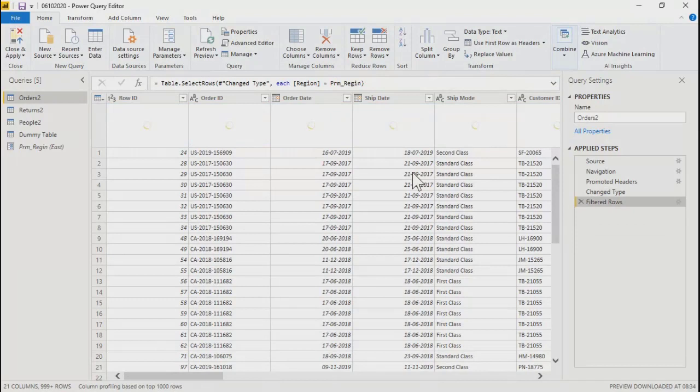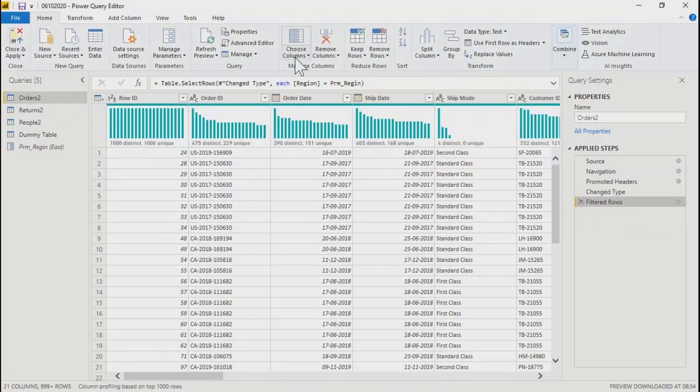I have not used remove other columns, filter rows, fine. Keep rows, keep duplicates, keep errors. So all these filters you can apply. Keep duplicates means it will show only the duplicate records if there is any in your data, right? Now this duplicate is basically for the entire row. It's not by values or by fields. There would be one option we'll be exploring wherein we can see duplicates basis which field you want to find. So we'll talk about that as we go.